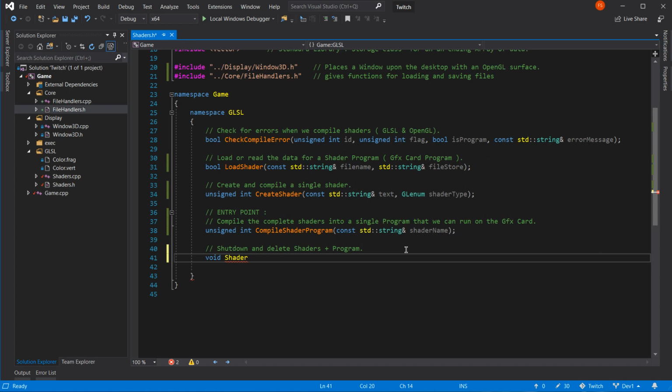Oh no, shader shutdown. That was it. Now I remember. There's no variables required. Yes, there are. Damn it. I need the shaders and the shader IDs. You're joking me. I've got to save all of this lot out somewhere.